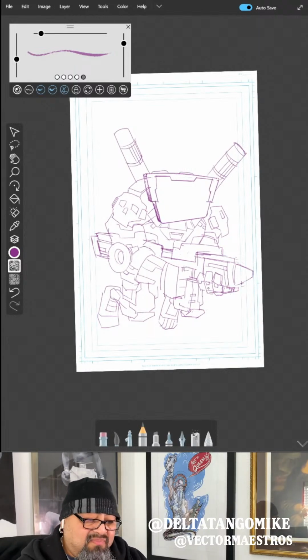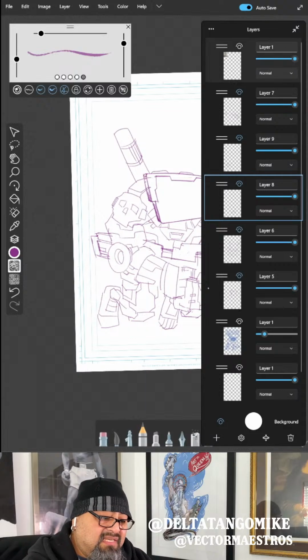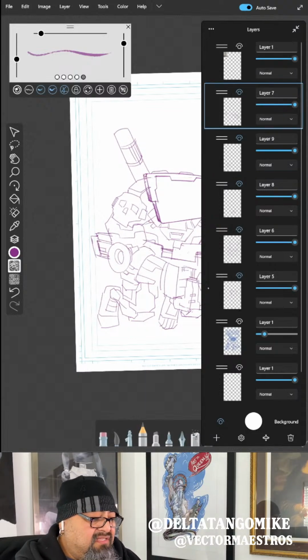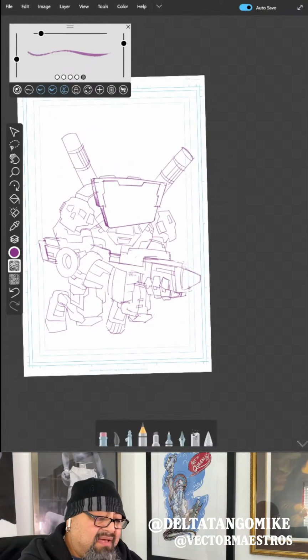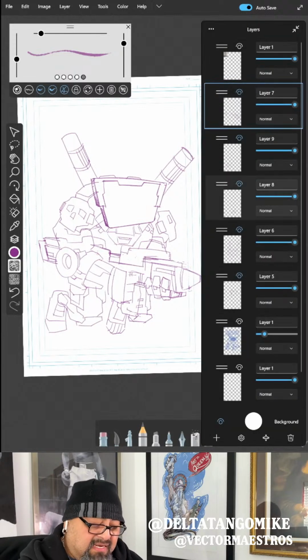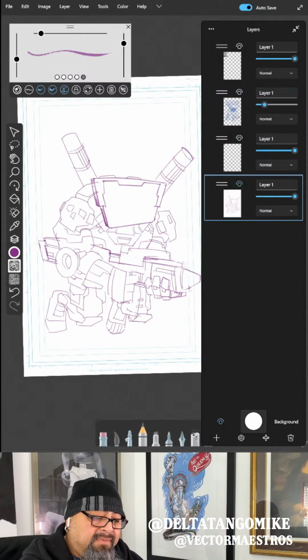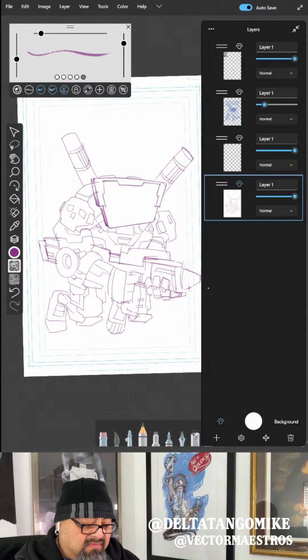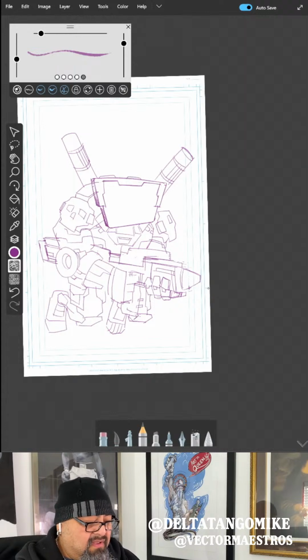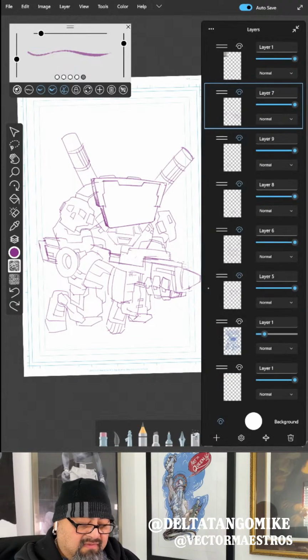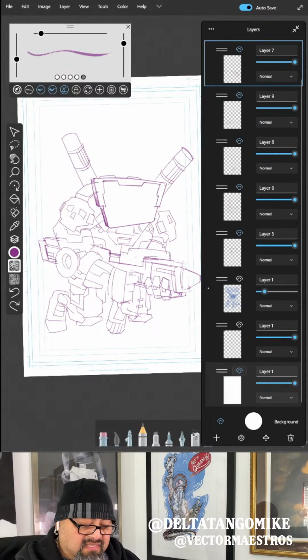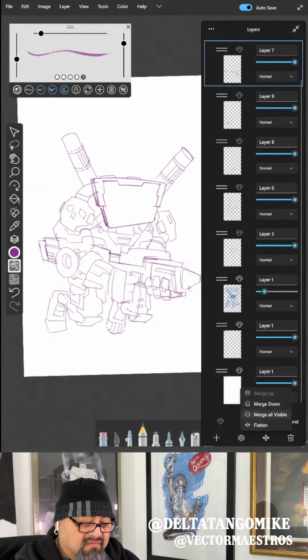All right, so good. So we have my character. Let me see what layer this is. So right now, as I wrap this up, all the layers that are on are the ones that I want to keep together. So I merge all visible. Boom. No, no, not all visible. Oh, that's not it. Let me see. Turn that off first. Then all visible. There you go.